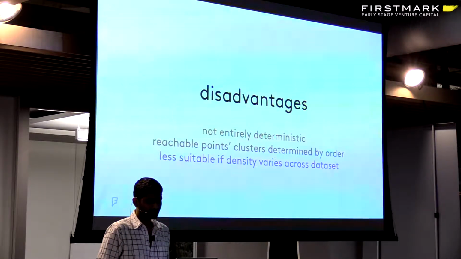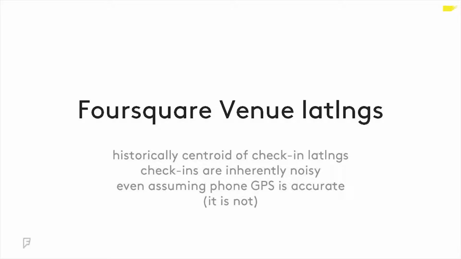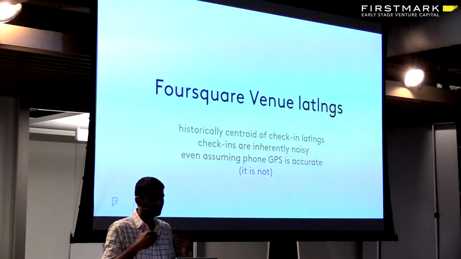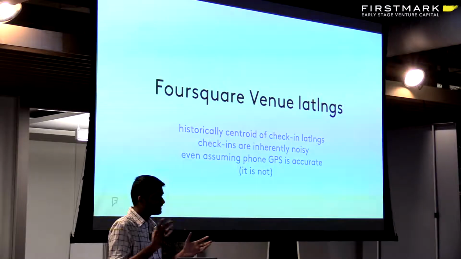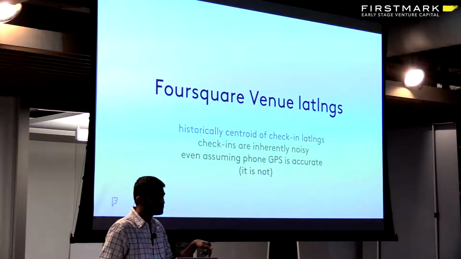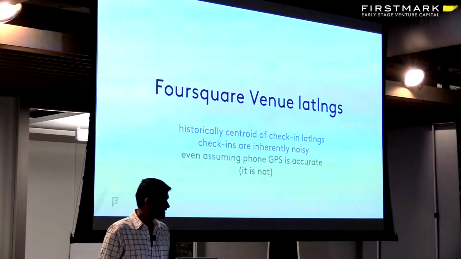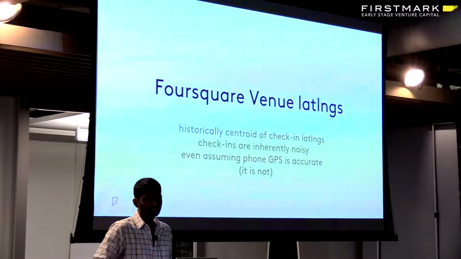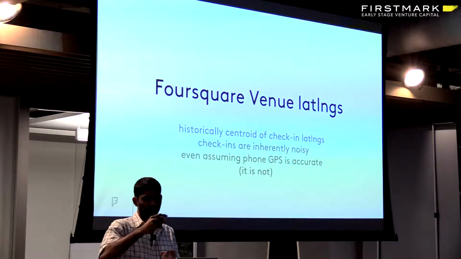and move on to how we use it at Foursquare, right? So like the title slide said, if you had the time to read it, we use this to improve the accuracy of our venue lat longs. By the way, venues are just what we call places in our database. So eBay NYC is a venue, as is probably that Marshall's Manhattan that I see, right? So anything can be a venue, and venues have lat longs,